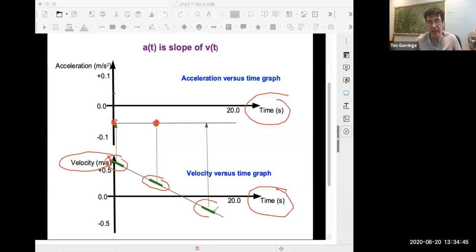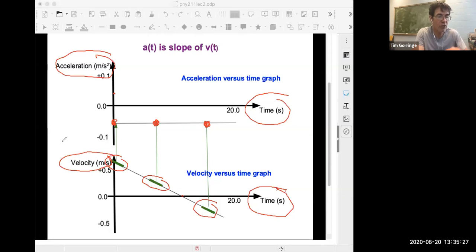And then finally over here, it's no steeper, it's no shallower. It's still sloping down, so it still corresponds to the same acceleration. And so constant acceleration, which is a horizontal line on the acceleration versus time graph, looks like a straight sloping line on a velocity versus time graph, as the velocity changes in the same way in each time interval. That's how those two things, acceleration versus time upstairs and velocity versus time downstairs, are interconnected with one another.